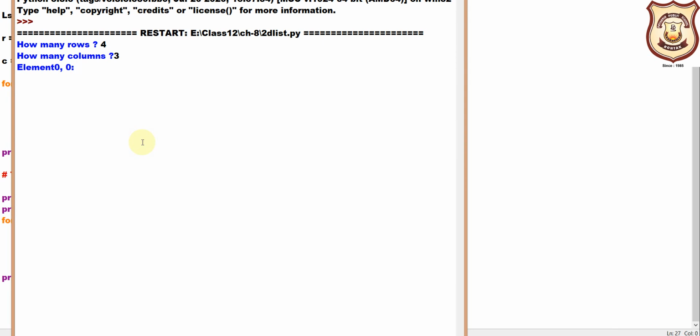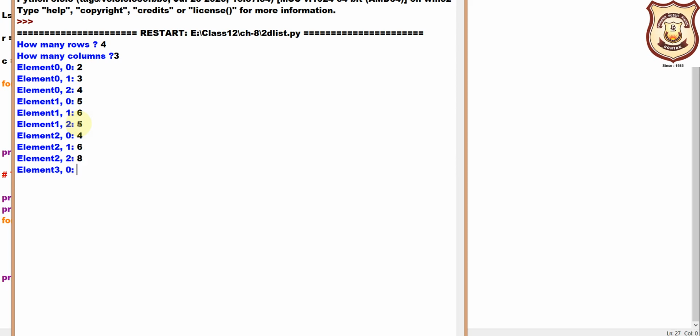So now I'll be entering in total 12 elements. First element, second element, third element. Now the first row has been completed and I have started the second row. This is my third row. Here comes my fourth row.